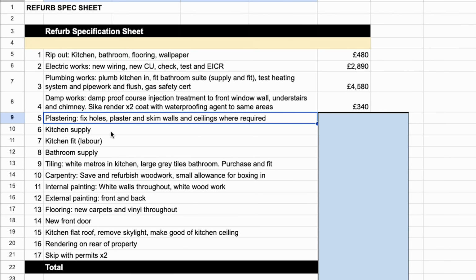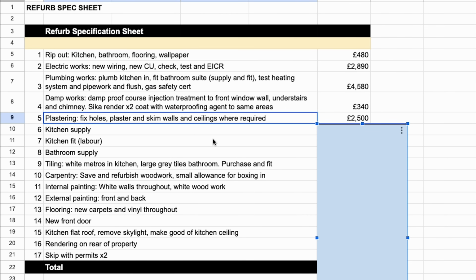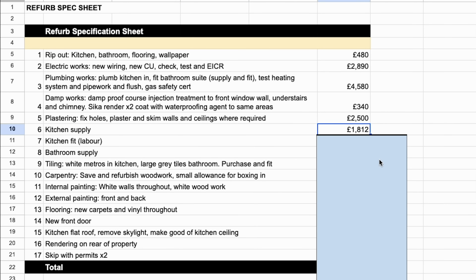Next is plastering, so fixing any holes or issues, doing the plastering, skimming the walls and the ceilings where required. This came in at £2,500. Kitchen supply: this was something I actually bought and arranged. I did this through DIY Kitchens. I think I got the appliances from Appliances Direct and the worktop from maybe B&Q from memory. And this was